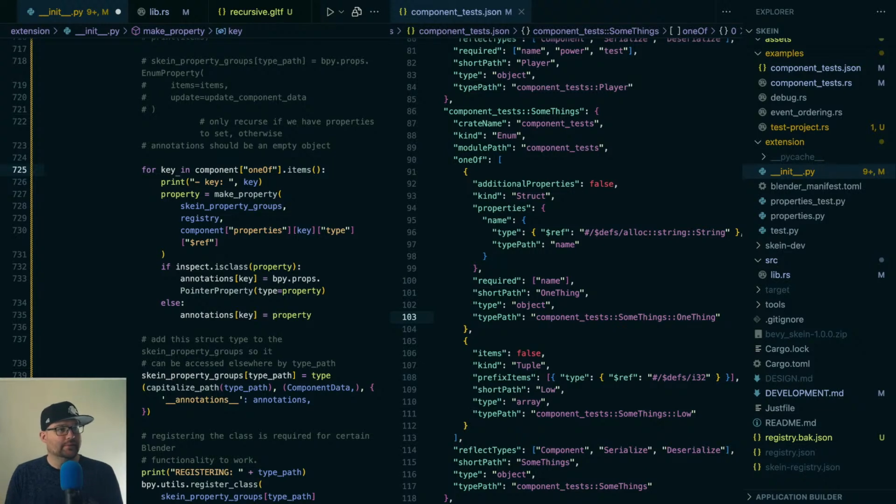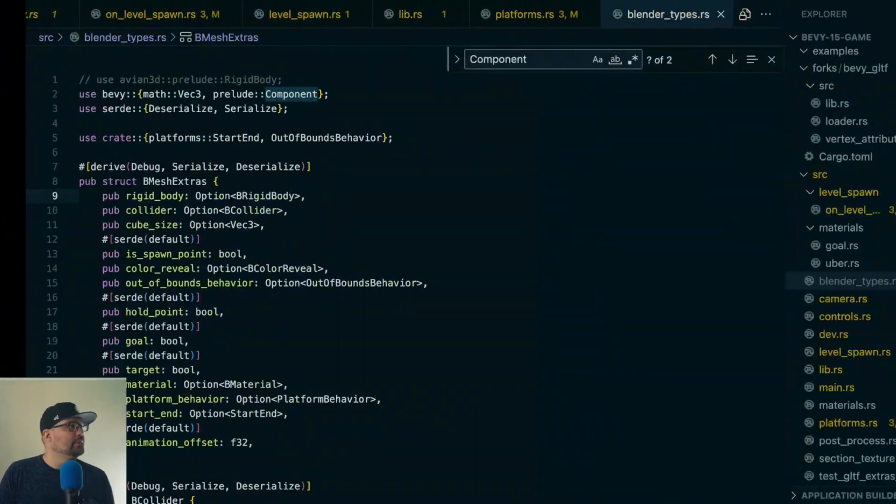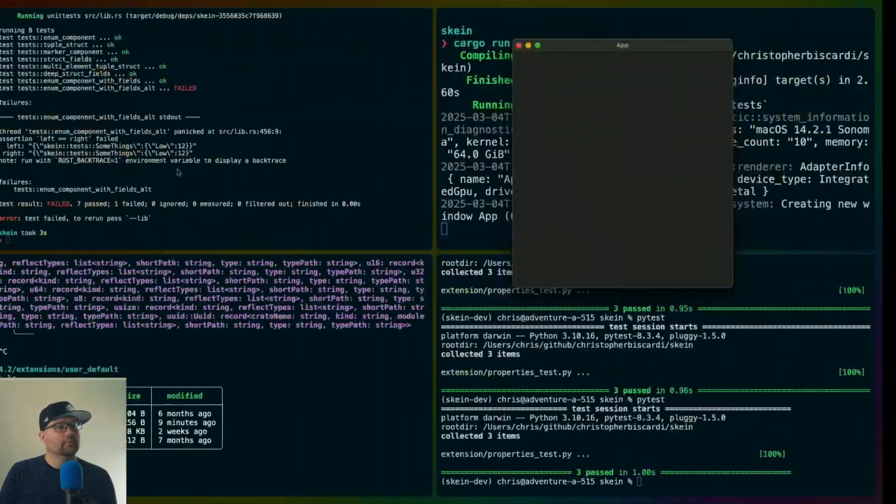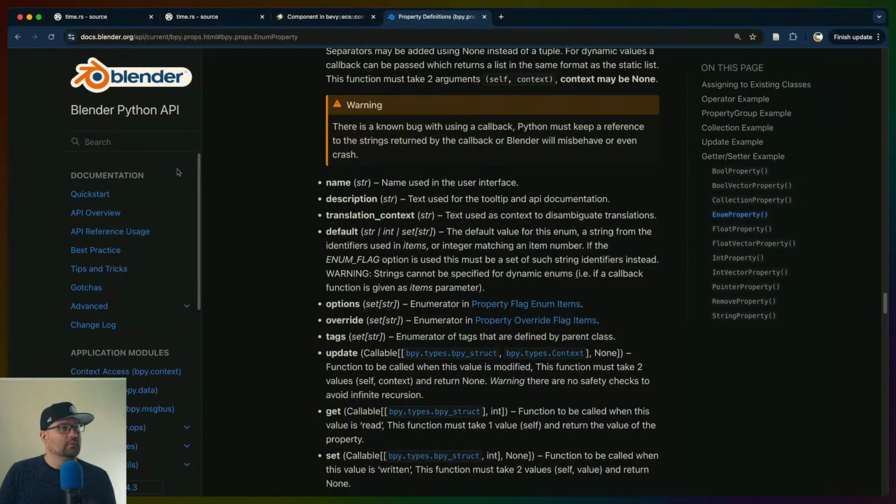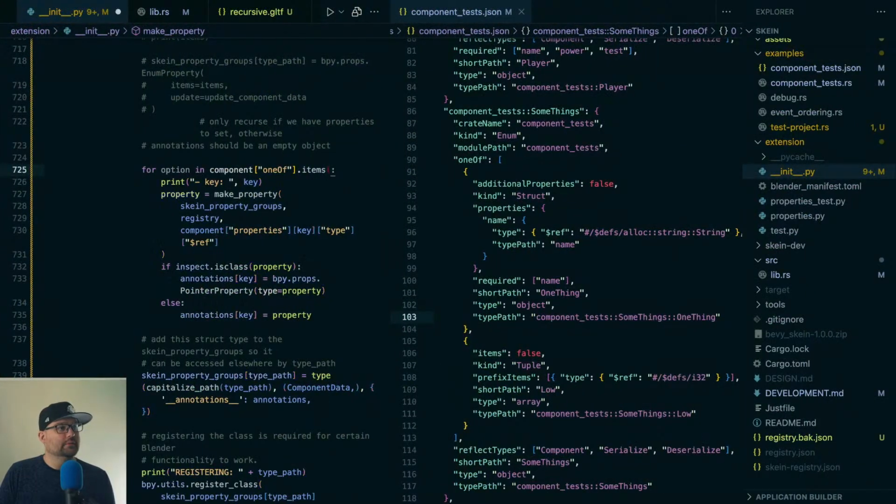Is that items? I don't know. I don't think we need items. I think this is just a list. So this is option